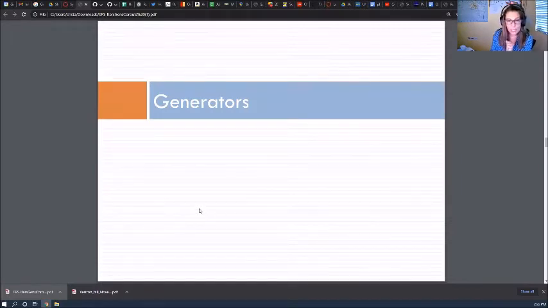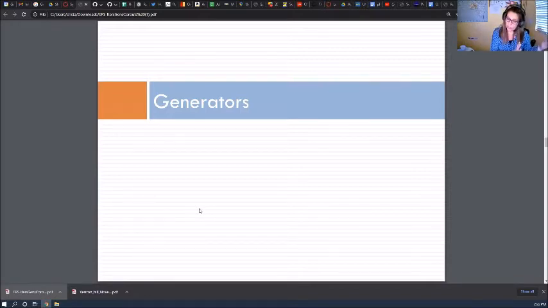Generators solve the same problem that iterators solve: how do you avoid having to generate the collection up front? And conversely, how are you able to have a lazy collection, something that is generated as you need it? So that's the same problem.